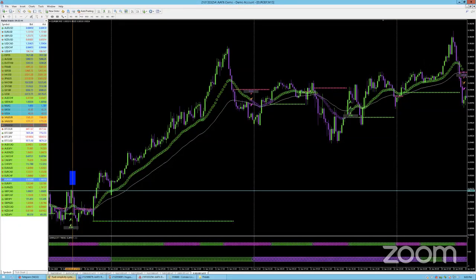Not every day is a winner. And right now we're pretty much trading NAS, which is high risk. So you have to have the stomach for it, but you can do the same thing on GBP USD. You can use the same strategy that we're using on NAS on GBP USD if you choose to.